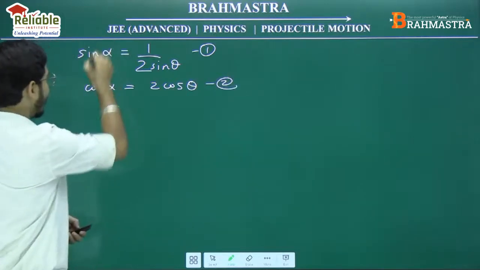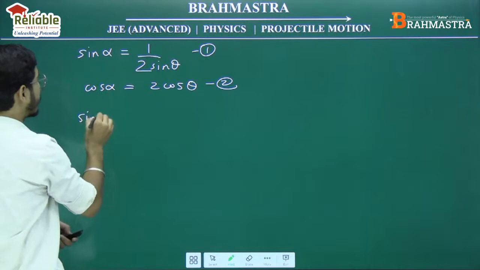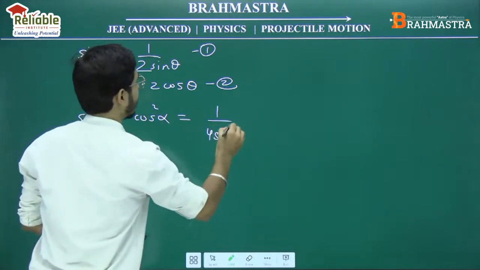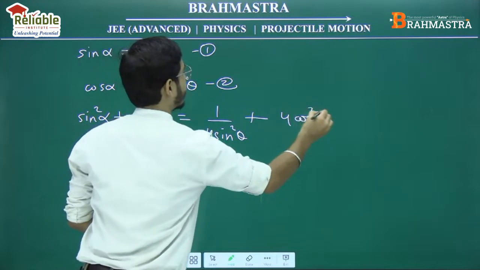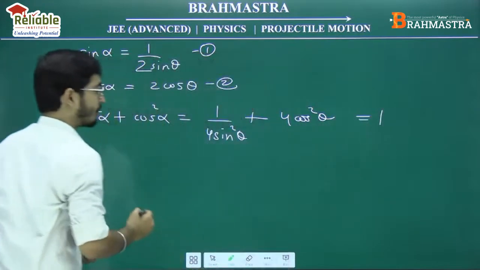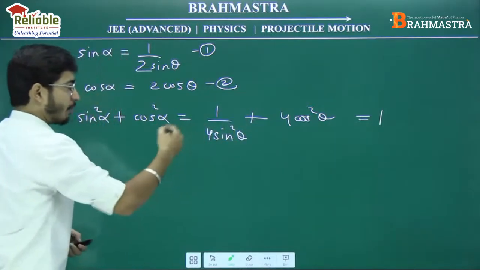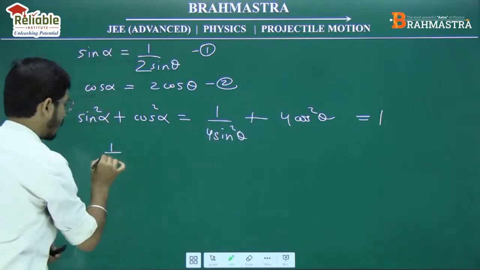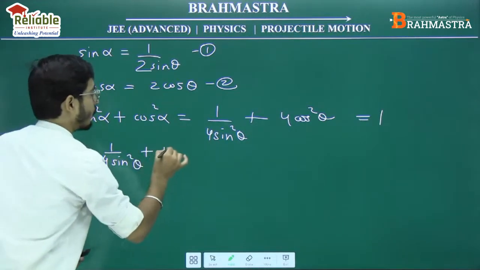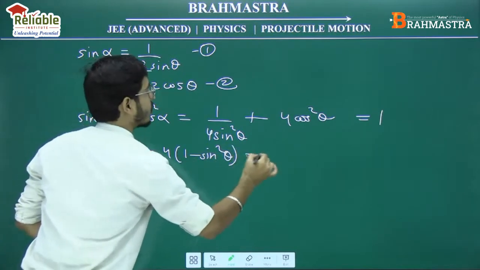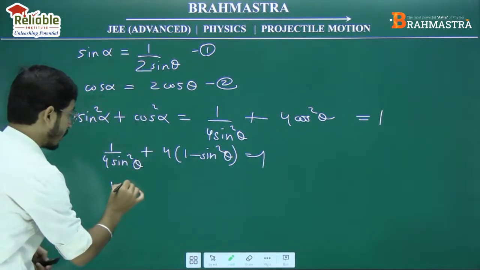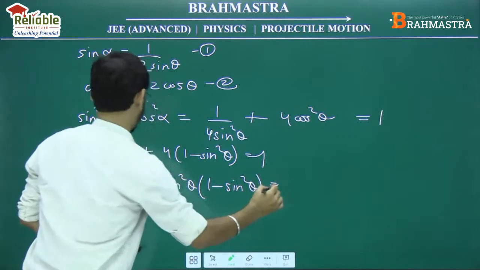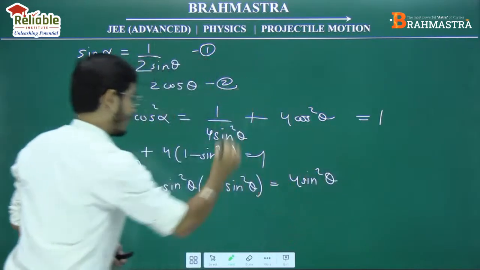ठीक है, लेट्स स्क्वायर एंड ऐड देम, दोनों को स्क्वायर करके ऐड करें बच्चों, sin² alpha + cos² alpha, that becomes 1 and this becomes 1/4 sin² θ + 4 cos² θ। बहुत अच्छे, एंड दिस बिकम्स इक्वल टू 1। चलिए अब आप जानते क्या करना पड़ेगा, हमको एंगल निकालना है तो इसको मल्टीप्लाई करते हैं, तो दिस विल बिकम, लेट्स राइट cos as 1 − sin, 1/4 sin² θ + 4(1 − sin² θ) इज इक्वल्स टू 1। क्रॉस मल्टीप्लाई करते हैं, एलसीएम लेते हैं, 1 + 16 sin² θ इंटू (1 − sin² θ) इज इक्वल्स टू 4 sin² θ।